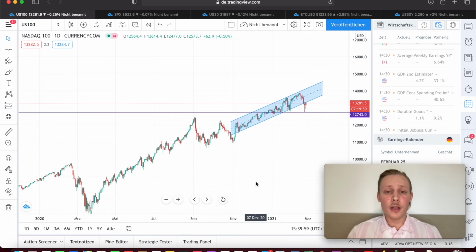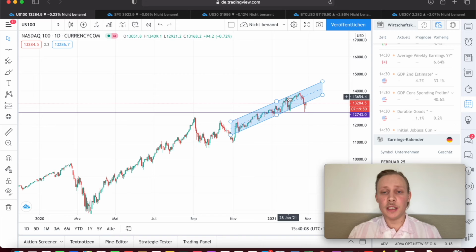So, first of all, let's start with the Nasdaq 100. You can see here we got this bullish uptrending channel. You can see it bounce back and forth, and this was a small dip out of the channel because of the thing with Gamestop, and people thought hedge funds are going to collapse, and some of the hedge funds had to sell some of their positions in some of the stocks of the Nasdaq. So this caused a small drop. But now it's a little bit different.